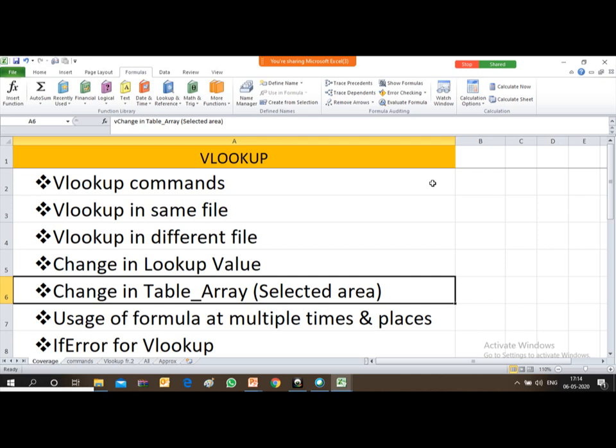So the area which you are selecting is called the table array. If there is any change in the table array, for example if you insert a column, then the result which you have already derived using VLOOKUP may get changed. We will discuss this also.